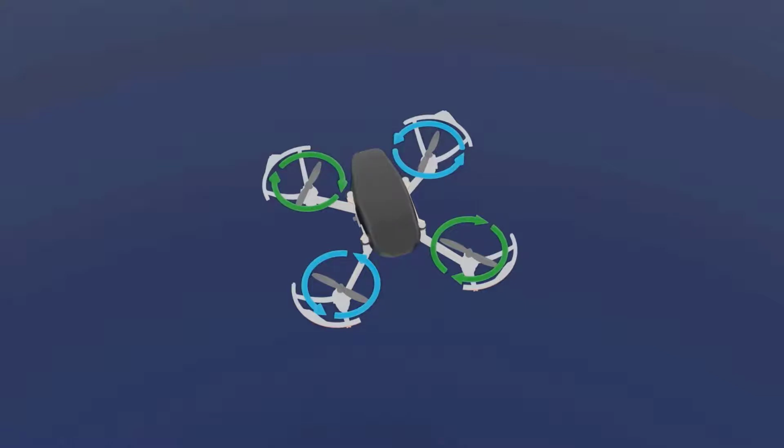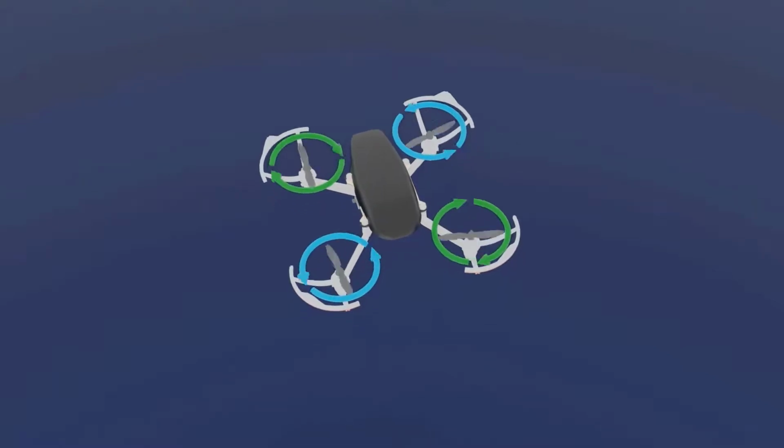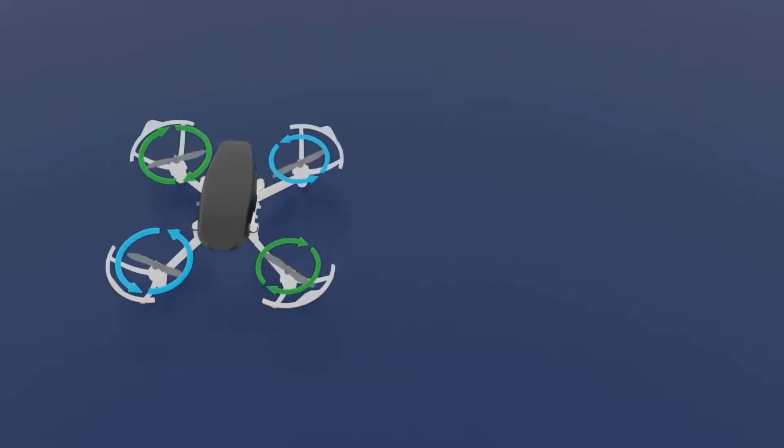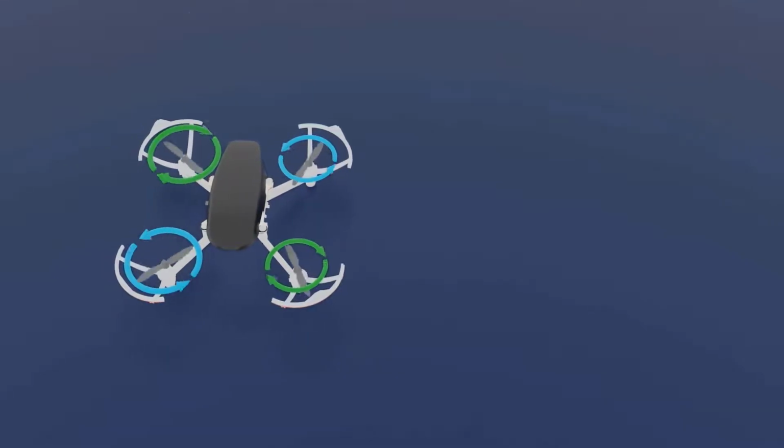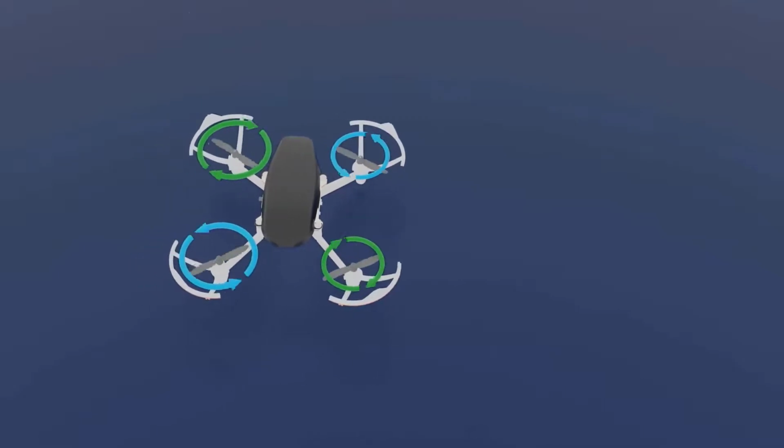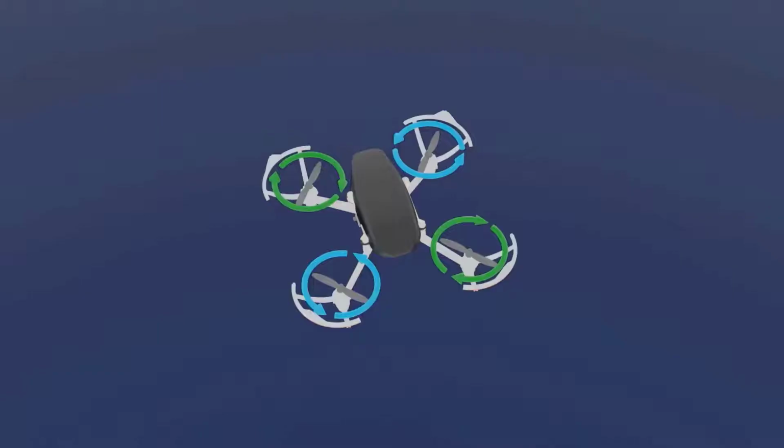Let me play this out for you, and we will be trying this using our simulator. First, all four propellers are at equal RPM, so your drone is steady. Then you increase the RPM of these two motors, and the drone starts rotating.